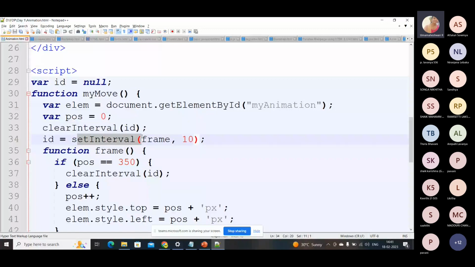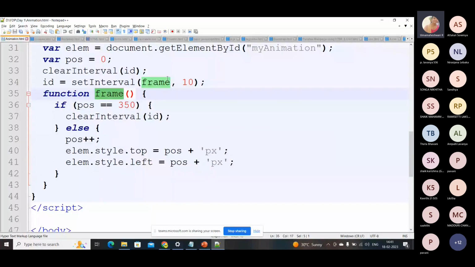So the animation again. Here I have mentioned two values, right? The first one is called a callback, and the second one is the seconds, how many seconds or the delay it is going to take. Okay. And when you come down, this is a function keyword and function name. So this callback and this function name should be the same. So in the first if condition, what I'm trying to say is, if the position becomes 350